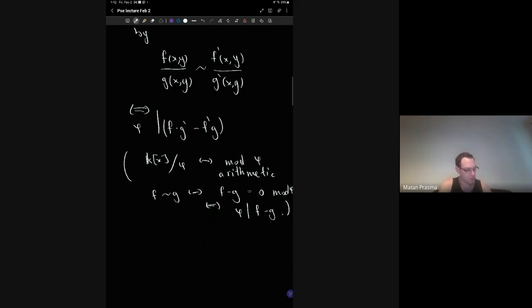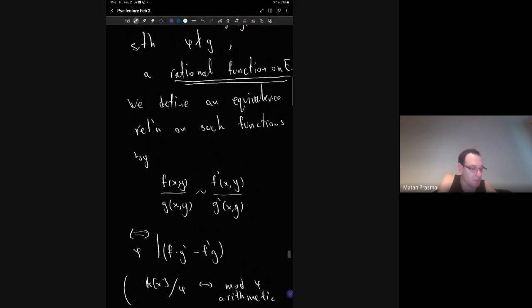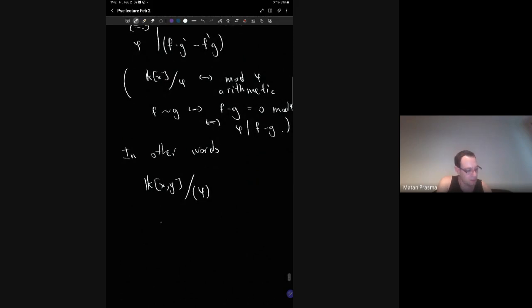So in other words, the field of, I mean, the set of rational functions on E with this equivalence relation is, in notation, k(x,y) modulo phi, which means, right, that it's also the same as